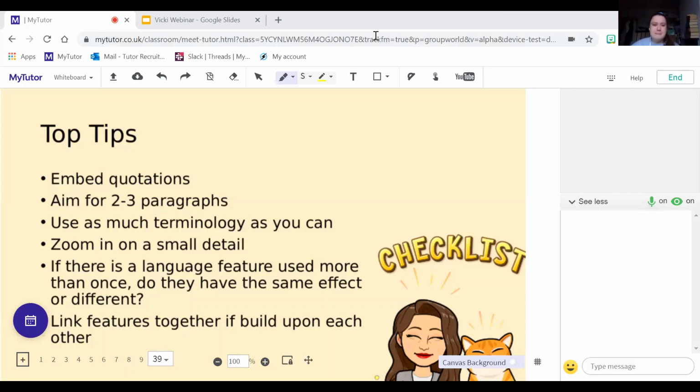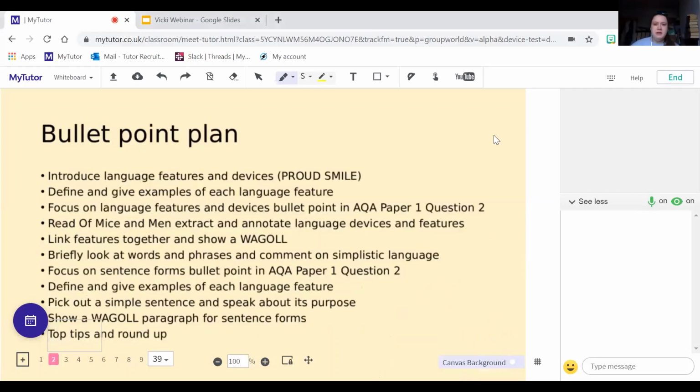While we're on that, Vicky, it might be worth going through those definitions from the beginning again, because I've seen quite a few comments pop up as to what the different devices and techniques are that we might be looking out for, if that makes sense. Yep, that's fine. Let me just get rid of that. Right, so